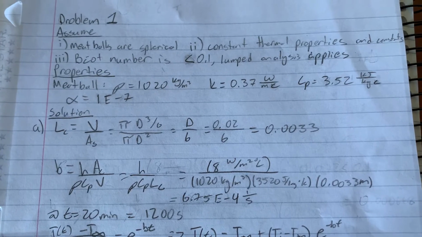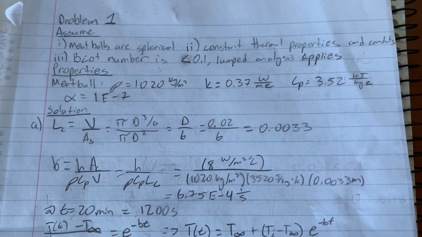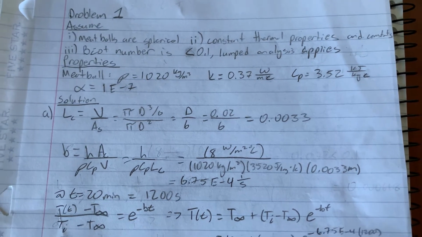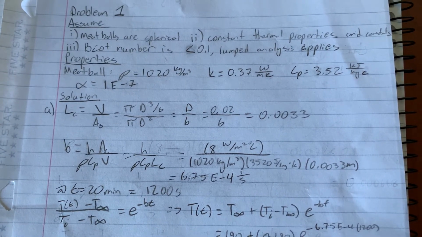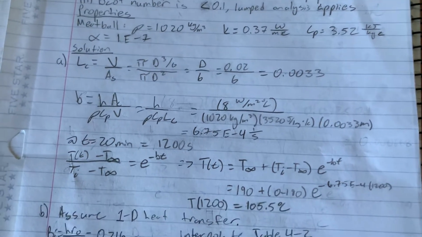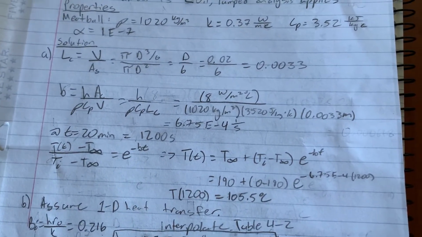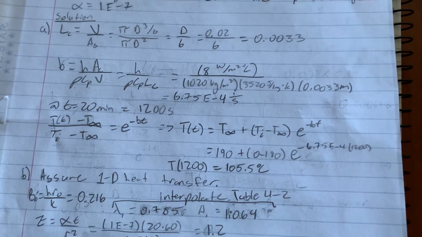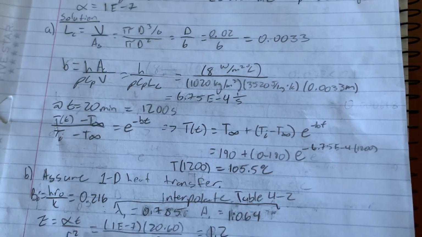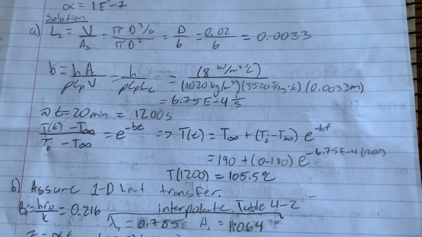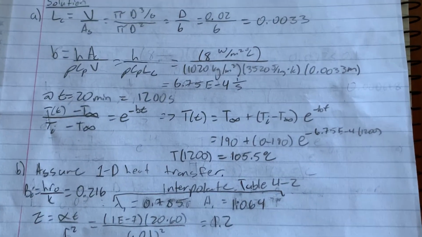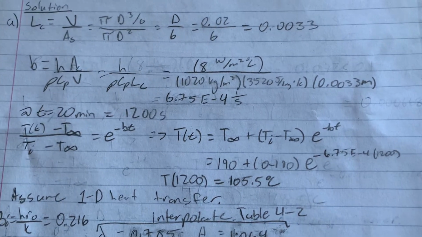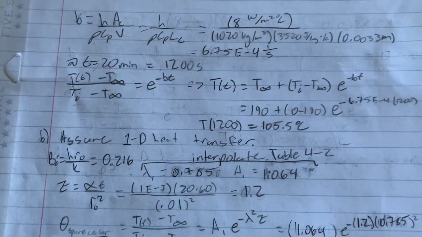These properties of ground beef were found and given. First, you're going to solve for Lc and the b value with units of 1 over time. And you're finding the temperature after 20 minutes in the oven. So you plug in the equation for lumped analysis, solve for T at 1200 seconds, and you get 105.5 degrees